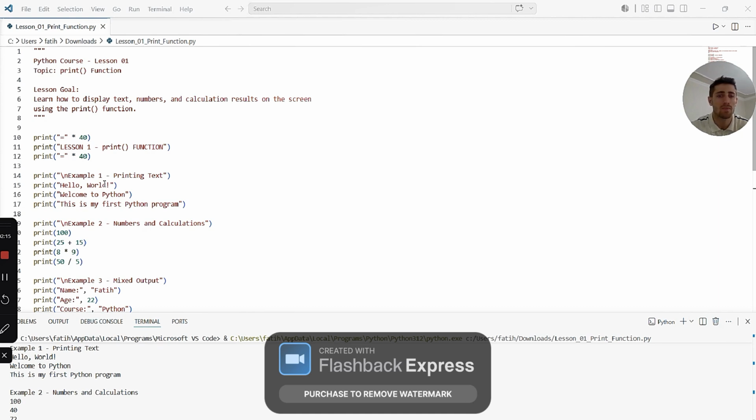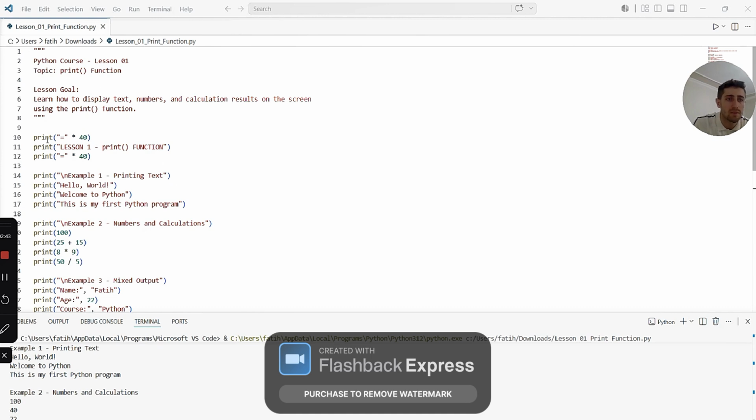And the print lesson. Lesson goal: print function. This line prints the lesson title. Keywords: print, string, and text. Why do we use it? To display the title of the lesson.